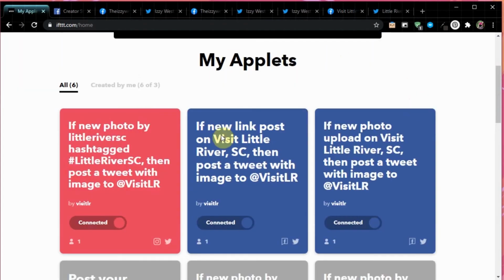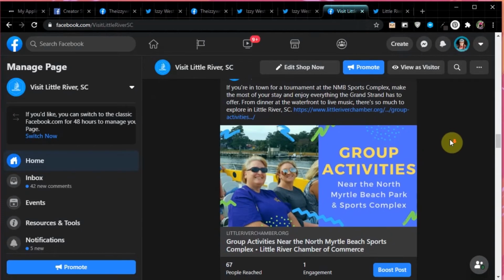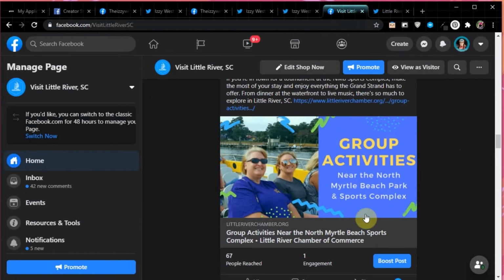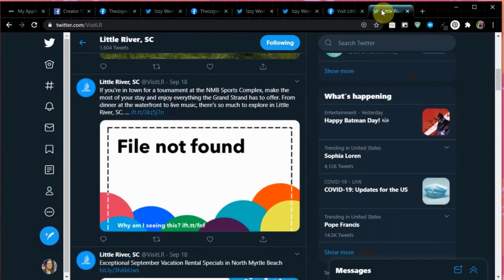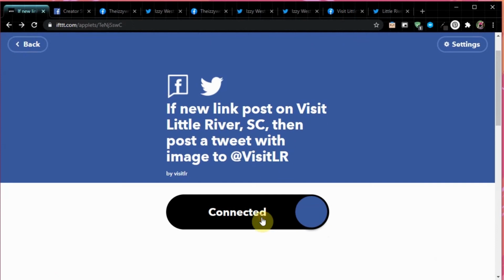But the one that I need to edit, that I wanted to show you a bad example of: if I create a Facebook page post that has a link, this tweets it, but it tweets it with an image, which is actually what I don't want because my Facebook post looks like this. And so this is not an image that I uploaded. This is a card that's connected to that web page. And you can tell the difference when it's got this link box underneath it. And so when I tell it to try and post this as a photo, it kind of messes up and you get one of these files not found. So I'm actually going to turn this off and I'm going to recreate it without the image part.